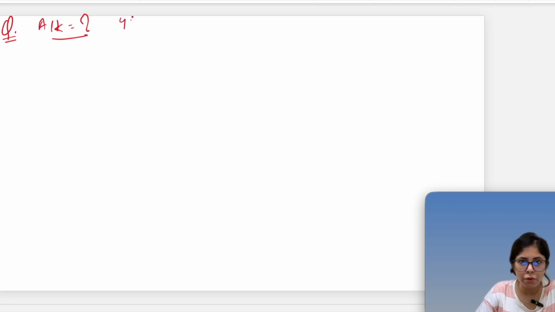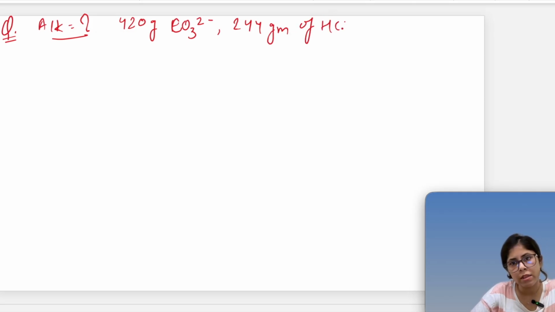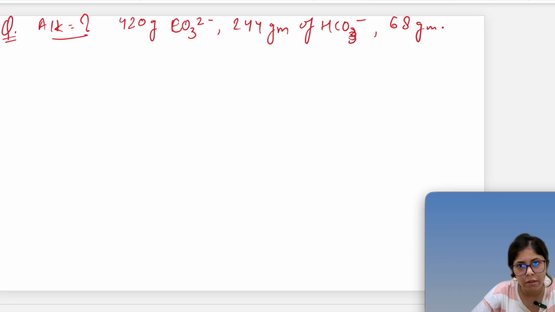There is 420 grams of CO3 2 minus present in the water, 244 grams of HCO3 minus, and 68 grams of OH minus in the water, right? And we have to calculate the alkalinity